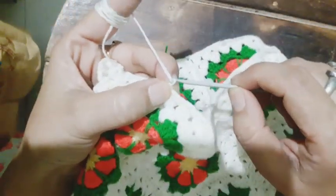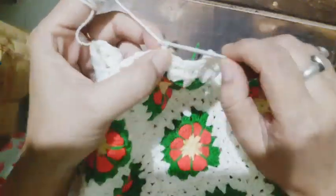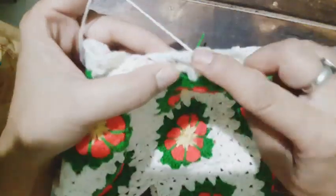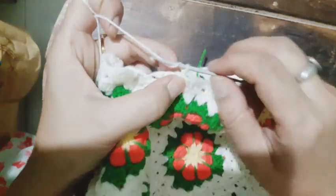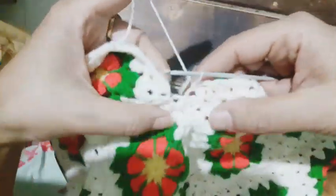We are going to chain 1, 2, 3 and then hop into the gap and work a single crochet. So it is very easy. 1, 2, 3 and hop into the gap and work a single crochet. That is all we have to do. So nothing hard. It is very easy. 1, 2, 3 and we are going to hop into the available space or the gaps,